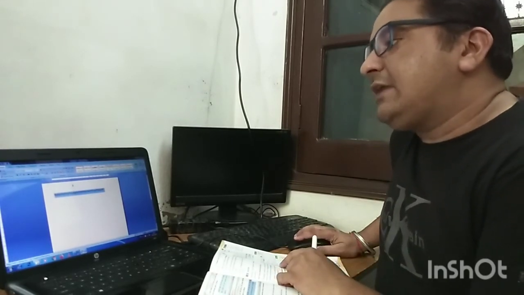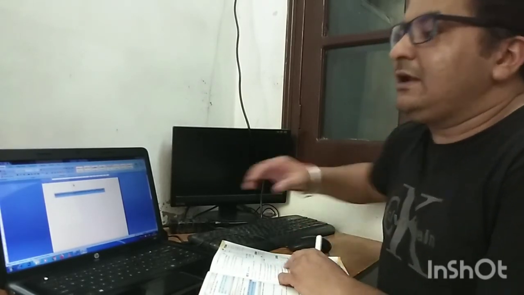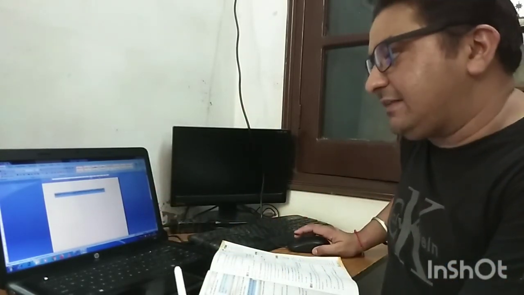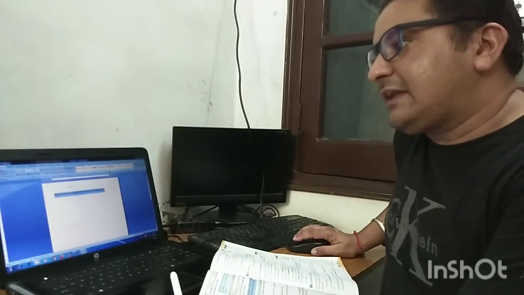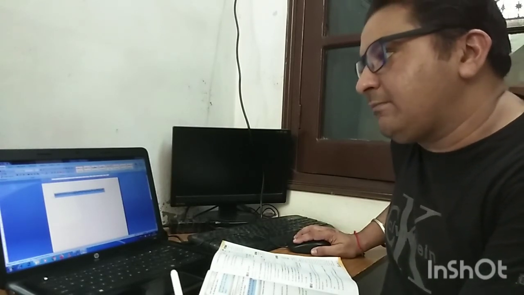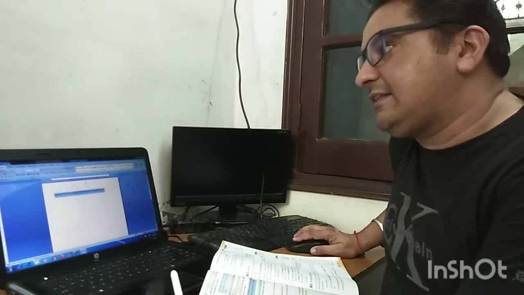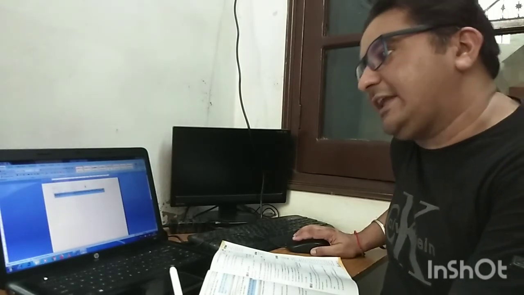Spacing is the space we leave at the top and before the paragraph. If we want to start a paragraph from here, that means this part is vacant, and this is known as spacing.